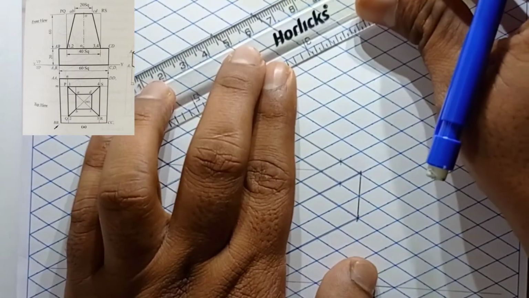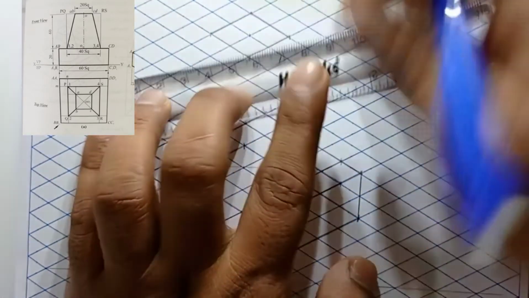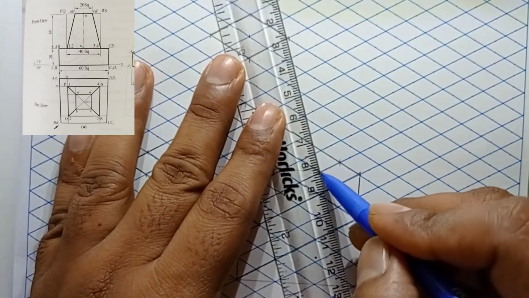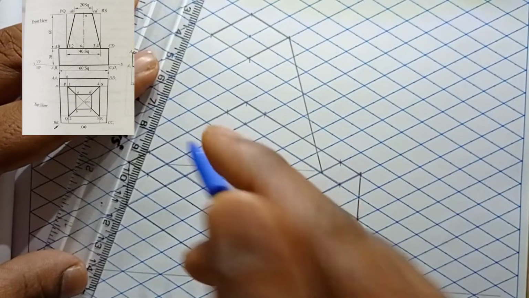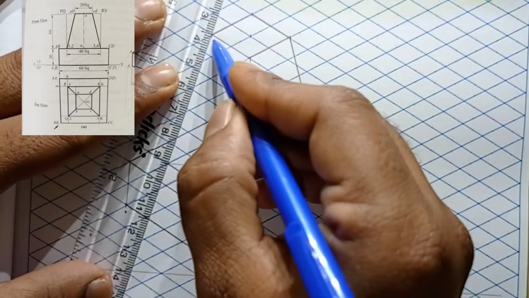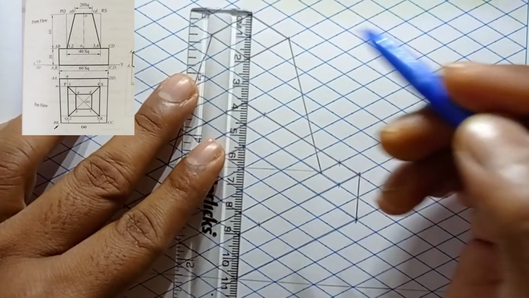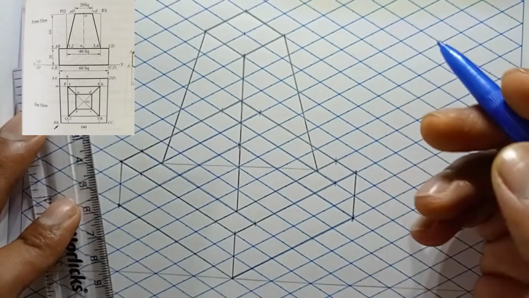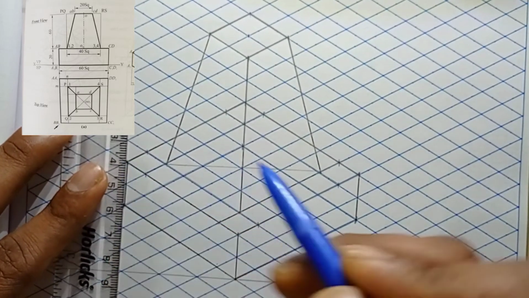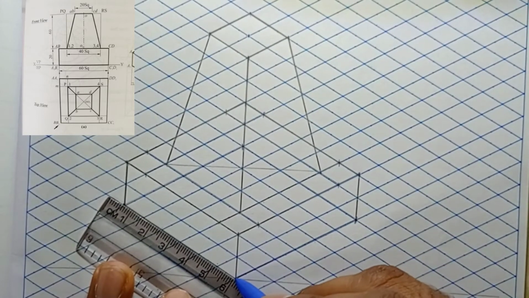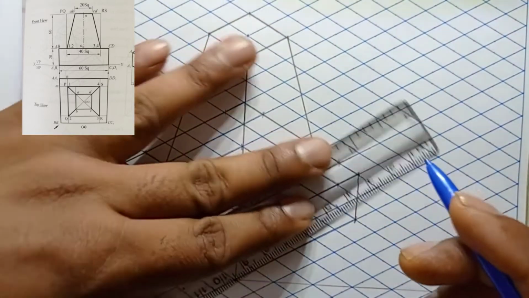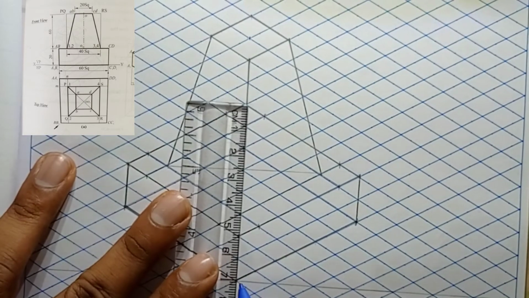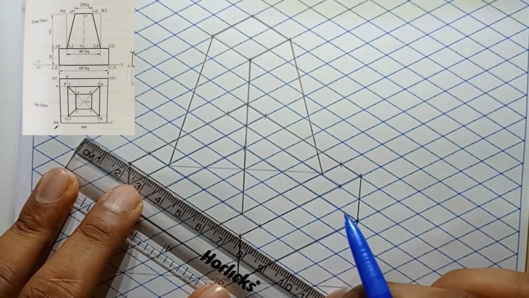Always follow the 30-degree lines, that is very important. So always follow the inclined 30-degree lines. Now you have to join the slant edges, but don't join to the end corner. Where you have taken the 40 square, there you have to join. So two slant edges, look at this, yes, you have to join the slant edge. You should not join to the corner. Now, whatever is the visible part, you have to darken. Only the visible part you darken. What is not visible you should not darken or use thick lines.